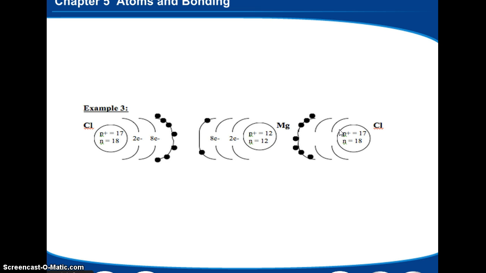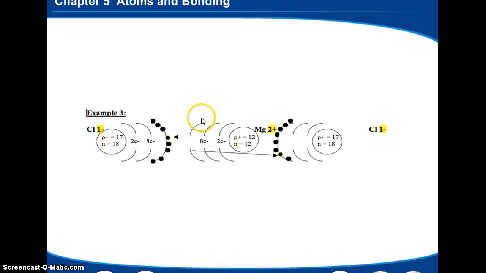If I had something like this, chlorine and magnesium, chlorine has 7 here, and this chlorine has 7. Magnesium has 2 to give away, so 1 goes over to that chlorine, and 1 electron goes over to this chlorine. Magnesium got rid of 2 electrons, so it has 2 more protons, or 2 more positives. Each of these chlorines have 1 more electron. So that's how it balances out. If you look, you have a 1 minus and a 2 plus and a 1 minus, that all balances out